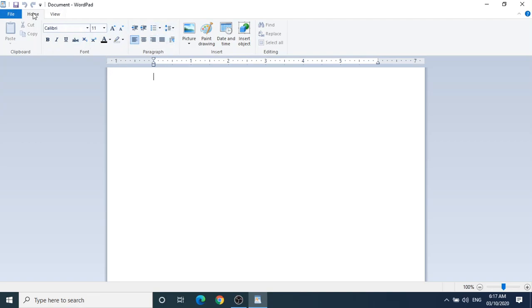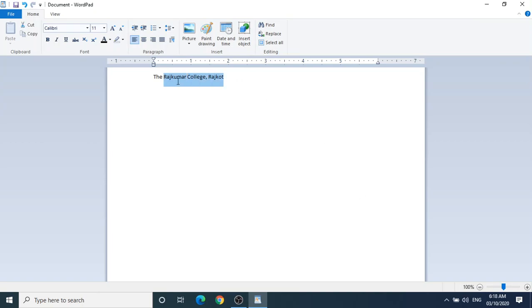This is the home tab. You remember the tabs, right? In MS Paint we have learned the home tab, insert tab, and view tab. In the same way here also these are called tabs and these are the groups. And this is the title bar. Tabs and groups together are called the ribbon. Now let me start. I'll write here Rajkumar College, Rajkot.